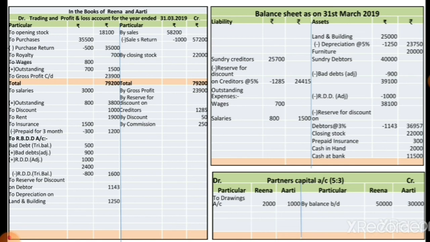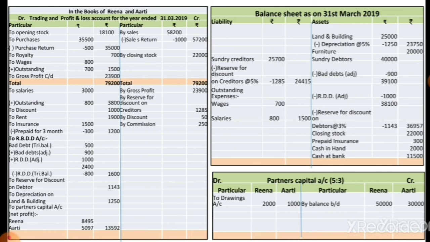Okay, now at the closing time of the profit and loss account, we follow the same procedure. We take the total of the debit and credit side. Here also we find the net profit, it means the credit side is more than the debit side. So the credit balance is called net profit, and that amount is 13,592. That is the net profit. Here we find out the net result, and by the agreement, in the capital ratio we distribute that net profit, that is 5:3.